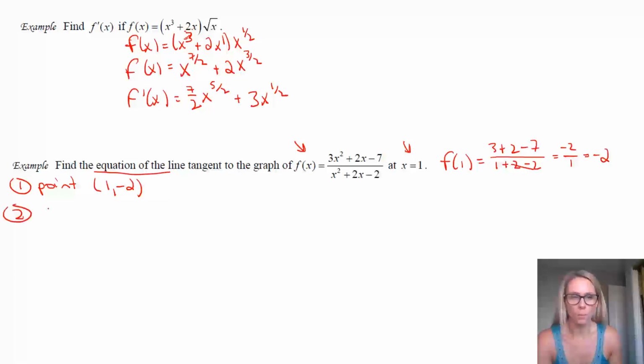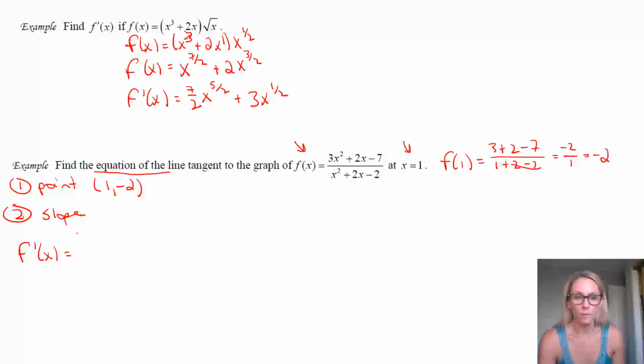But then we still need our slope. So this is where the quotient rule comes in. We're going to need the quotient rule here. So I have f prime of x. And so remembering what the quotient rule is, we need to take the derivative of the top. And these two terms have to be done in order, because there's subtraction in the quotient rule. But that's okay, because for each term, you have two things that are multiplied, and either one can be done first.